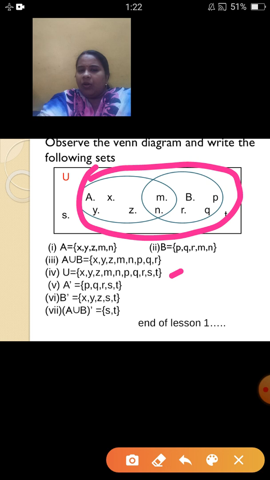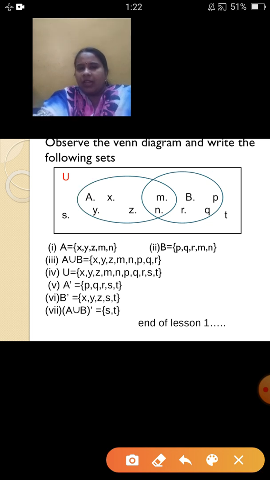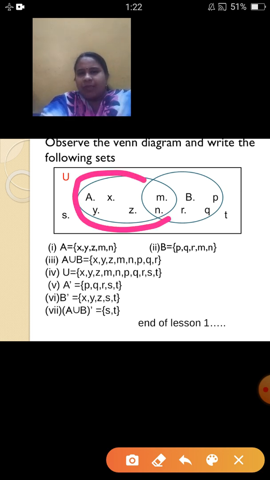Okay. Now comes next set as A complement. Now what is the meaning of the word complement? It means all those elements which are there in the universal set but they are not there in the set A. Now look at this set A. This is my set A. Now other than these elements, whichever you can see will be included in the complement, which are those P, Q, R, T and S. Just look here, A complement, P, Q, R, S and T.